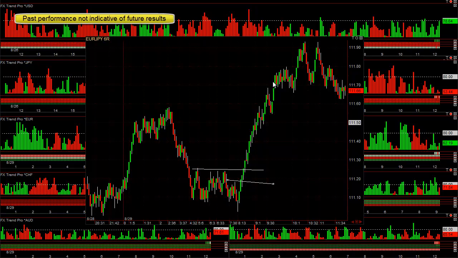Phenomenal trade. Most people probably would have got out of the trade here as it went sideways for half an hour. But somewhere around 111.70 you're out of the trade. You just made 45 pips on this trade. Another phenomenal one, which